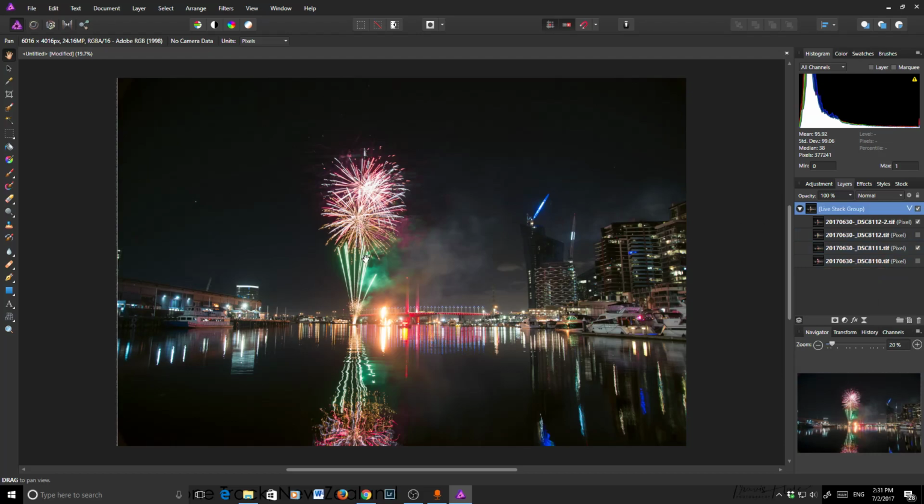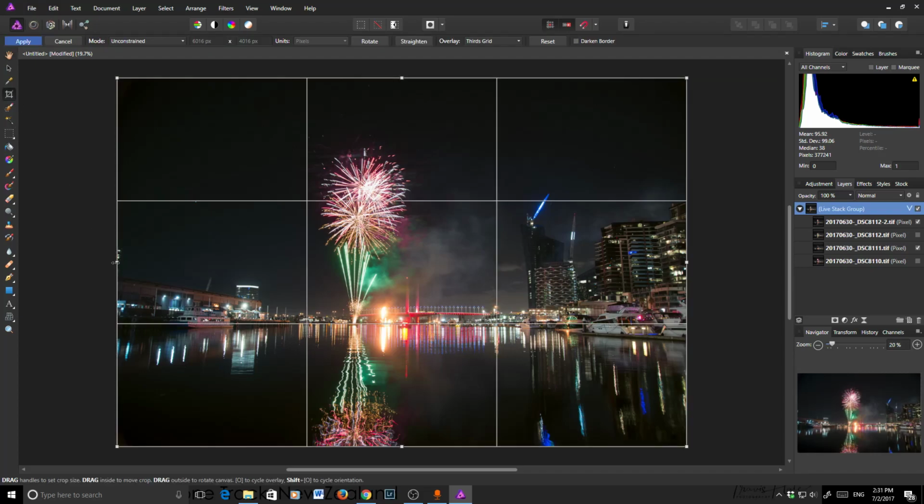The other thing that you could do if you wanted to play around with it a little bit more is change the position of the fireworks. I'm not going to worry about that for this one. I really just wanted to show you how to blend. So now that I've got those in a format that I'm happy with,